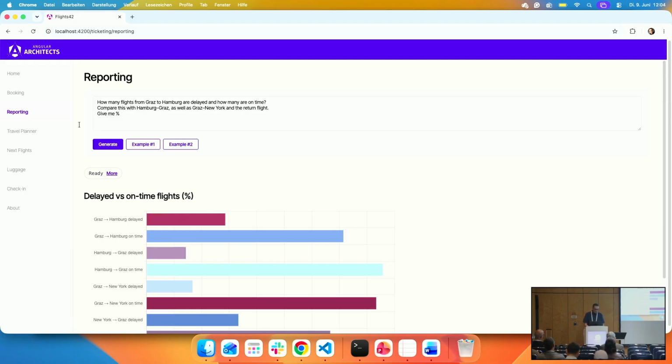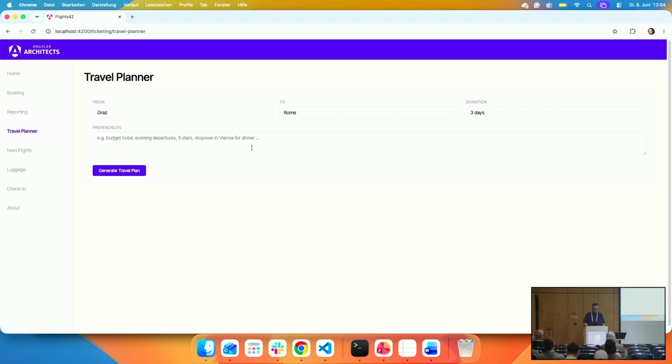Another use case is this travel planner we've seen before, where I can say, let's go from Graz to Rome, and I want to have a stopover in Paris. This takes a bit longer because in this scenario, I'm delegating a lot of work to the AI. It's always a trade-off. You can delegate less work to the AI, then the AI is more in your harness.